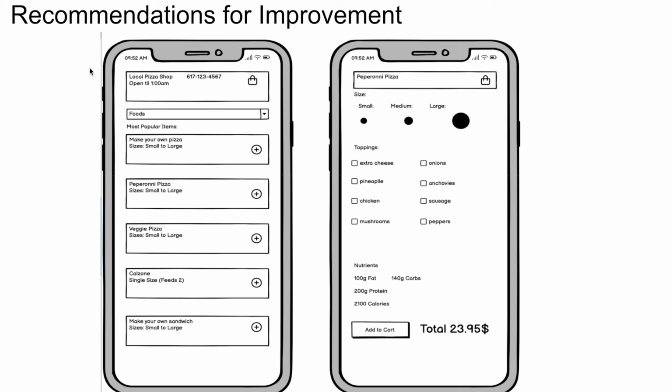And mimicking the two screens, this is the menu here on the left, where it has more information in regards to sizing. There is a drop-down menu to quickly navigate through different types of items, but more importantly, on the right, you're able to select different sizes of the pizza you would like to order, and additionally add the toppings really quickly to the pizza you're trying to create, as well as viewing the associated nutrient facts and, of course,